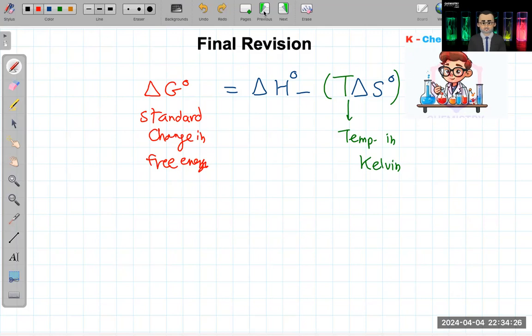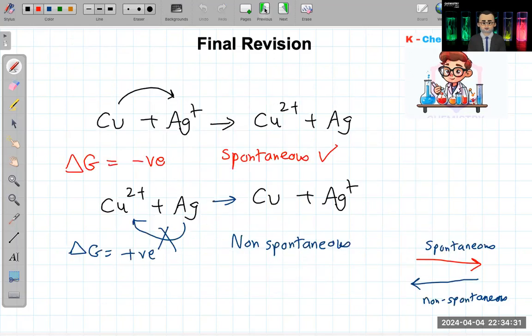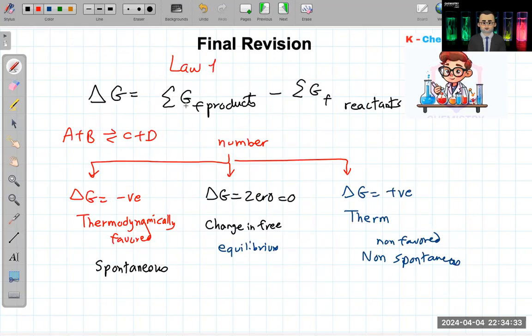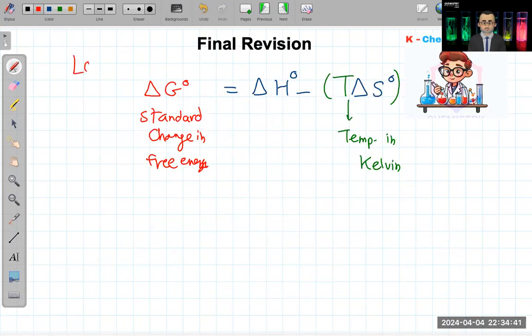And if you notice, this is the second one. So that was the first law that we used. What was that? Delta G is equal to G of products minus sum of G of reactants. And this is law number 2, which tells me how to get it. It's equal to delta H, the change in the enthalpy, minus T multiplied by the change in entropy. Again, the values will be given, and there is only one unknown. It's just to put in the numbers and find the unknown one. So what is T? We said that this is the temperature in Kelvin.